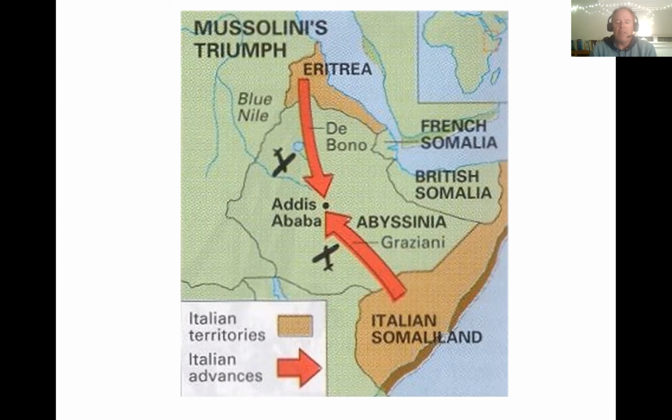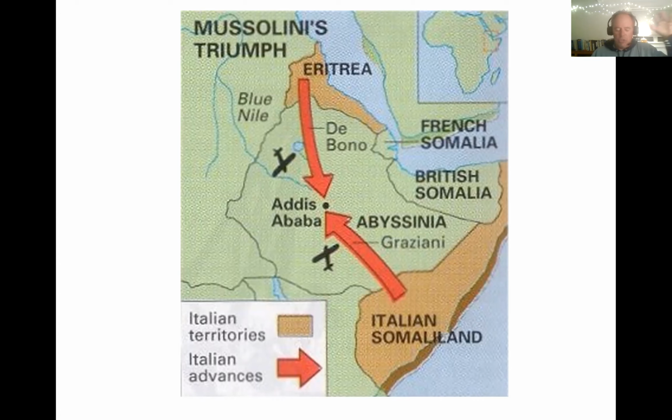And then we have events in Ethiopia in 1936 when Mussolini decides to invade. Ethiopia, if you looked at the list of League of Nations states that I sent around a couple of weeks ago, Ethiopia is a founding member of the League. So by 1936, they have been in the League for 17 years. And yet when the Italians under Mussolini invade them from the Italian colonies of Italian Somaliland and Eritrea, the League once again, as in Manchuria, does nothing.